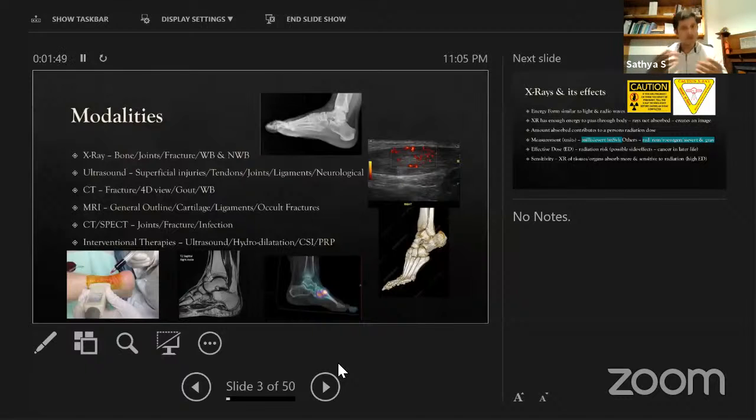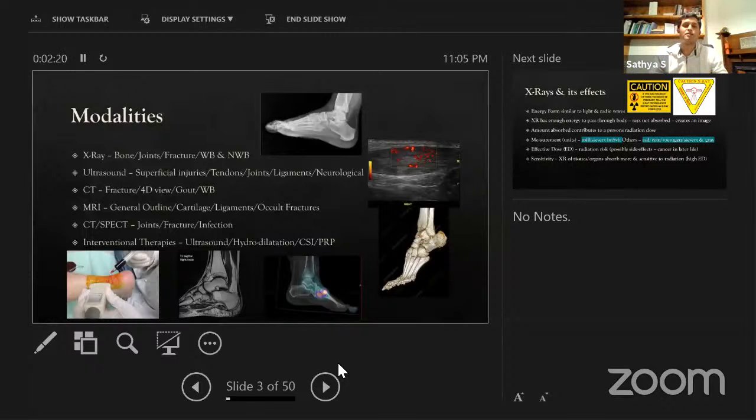Ultrasound obviously involves a lot of superficial injuries that we can detect, for example ankle sprain, tendon injuries, tendon pathologies, and joint pathologies also, if superficially involved, for example any talar dome lesions at the front of the talus where a person is able to plantar flex, and plantar fasciitis. Any of those areas we can find using ultrasound. Then with the CT, we can detect fractures,